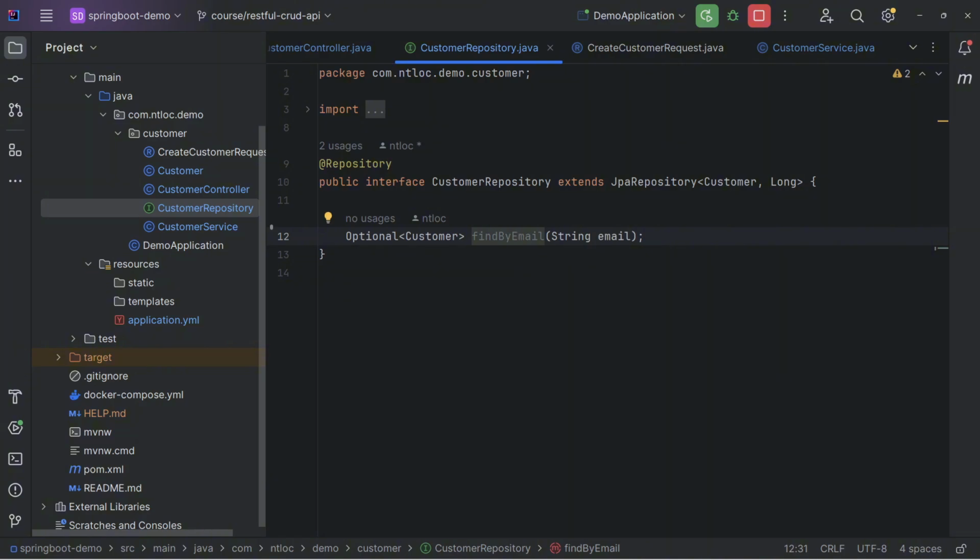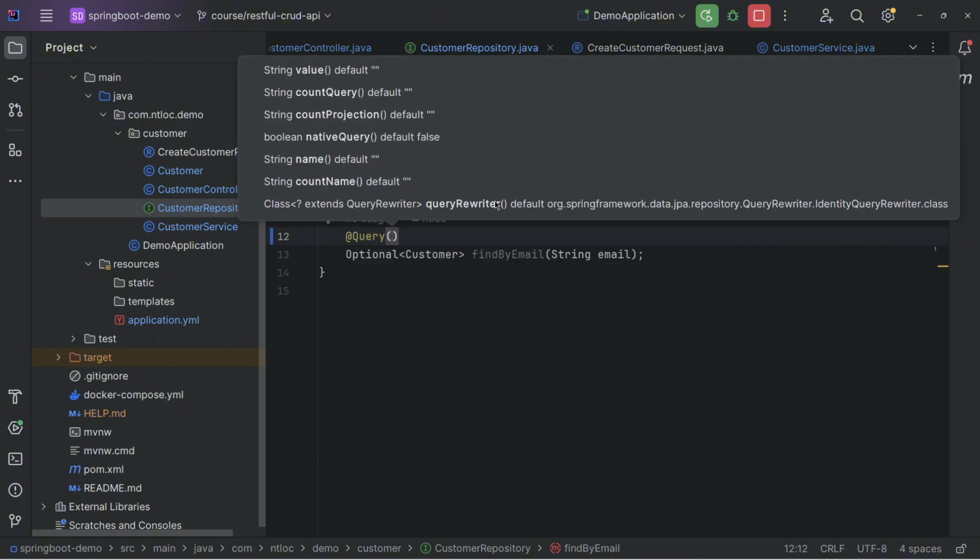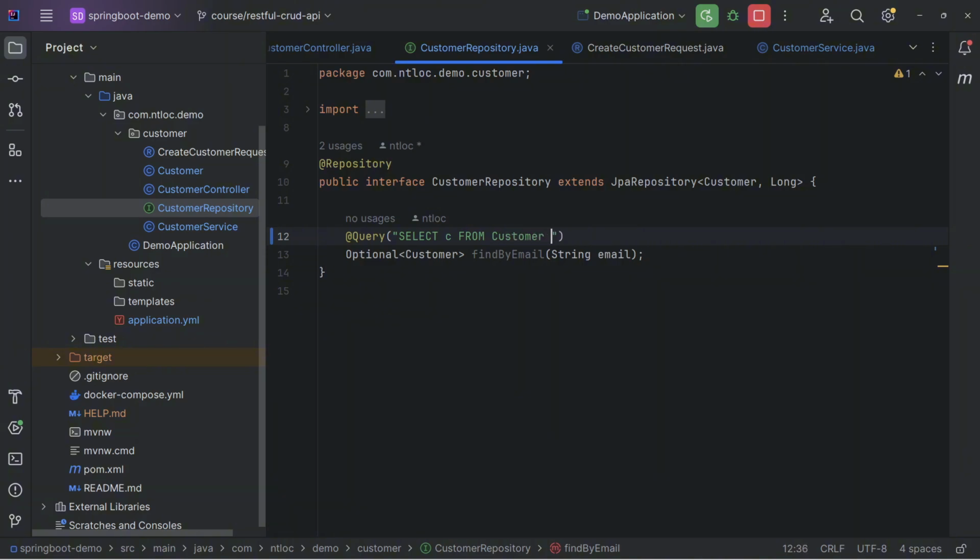In case you want to be more specific, Spring Data JPA also provides the @Query annotation, and inside it, let's type SELECT c FROM Customer c WHERE c.email equal to question mark, and this is JPQL from Spring Data JPA. You can choose one of these to perform the query.